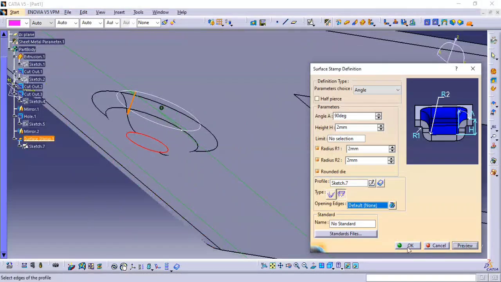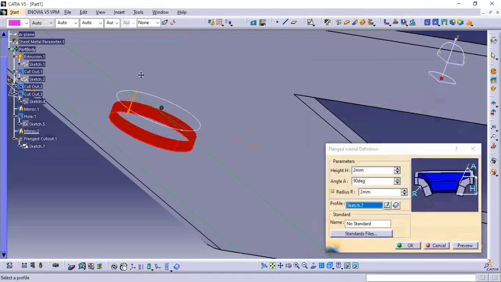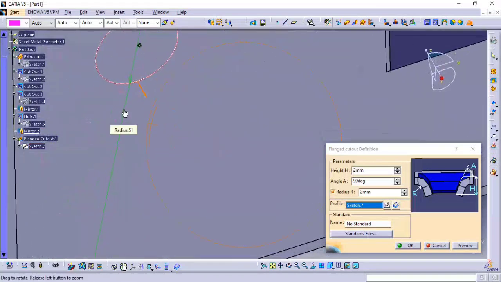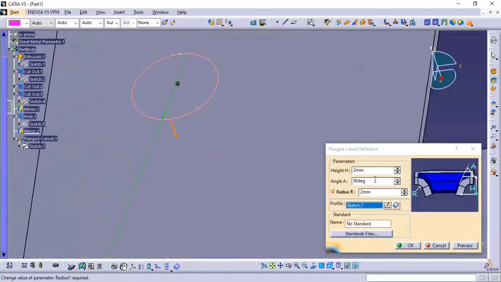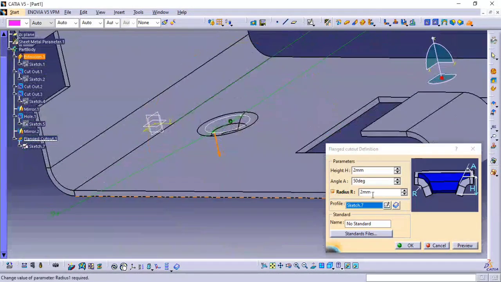Click on preview. So maybe it is the option for flanged cutout only. So this is the difference, guys. So degree is 50, preview. See. Height is about 3.14